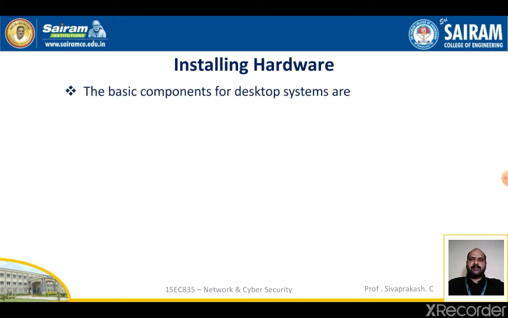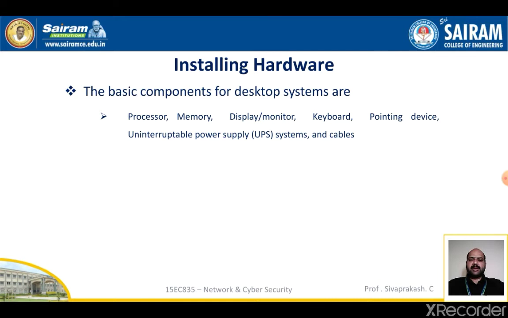Computer hardware is generally not operating system specific, although some platforms are unable to boot certain OSs. The basic components for desktop systems are processors, memory, display or a monitor, a keyboard, pointing devices, UPS systems and cabling. For all of the components, plus a network cable,